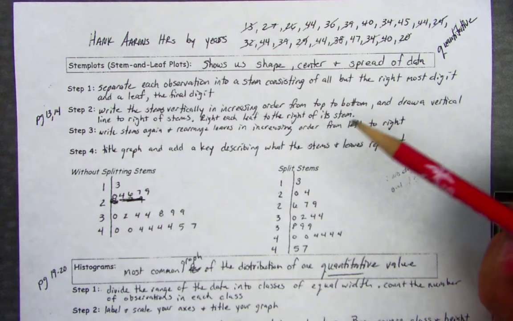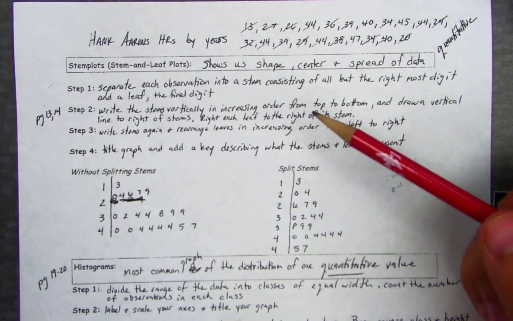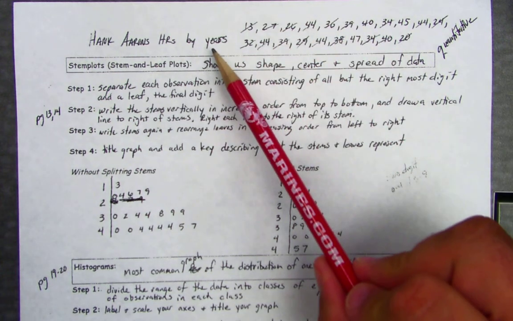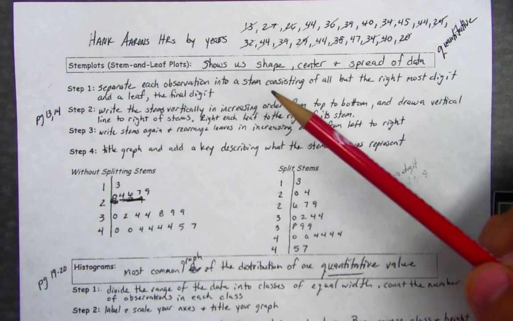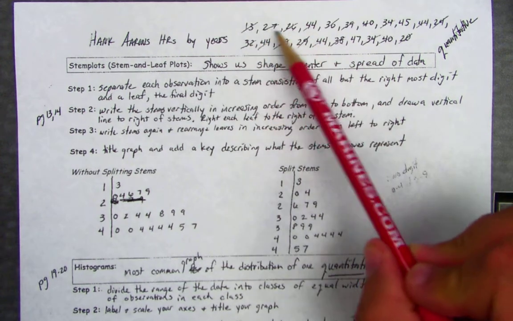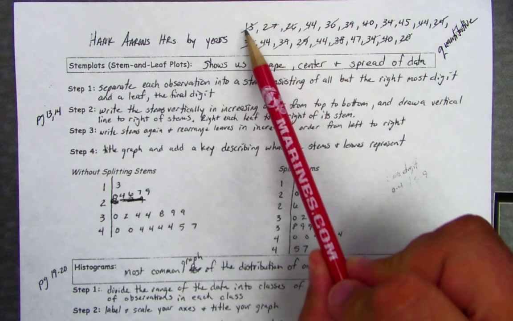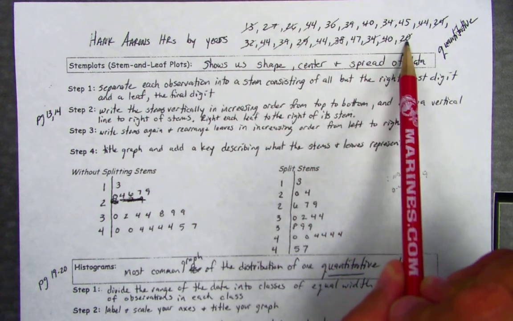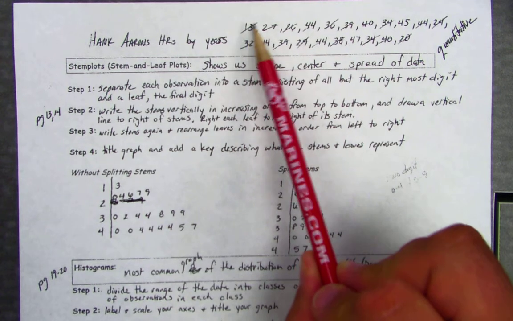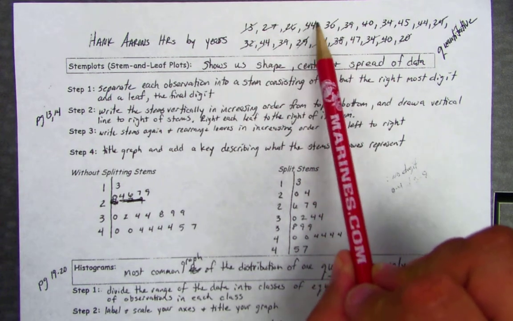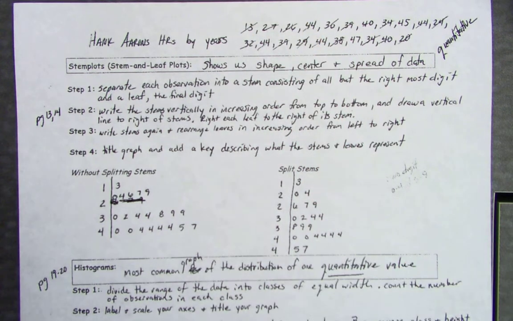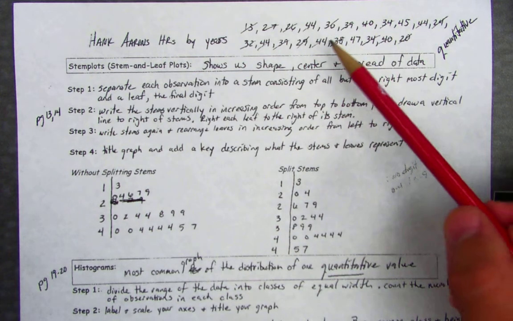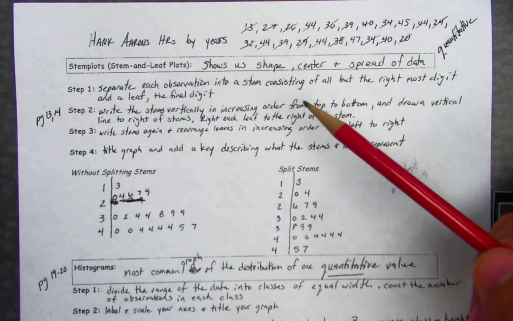This next one, stem plots, or stem and leaf plots. What I put here at the top of the notes are Hank Aaron's home runs by years. Now, they weren't on your original notes, but if you looked at the key here, you see a list of numbers. Starts with 13, goes over to 24, and then continues down here all the way up to 20. So his first year, second year, third year, fourth year in Major League Baseball, those are the numbers of home runs that he hit. So what we want to do is take these numbers and put them into a stem